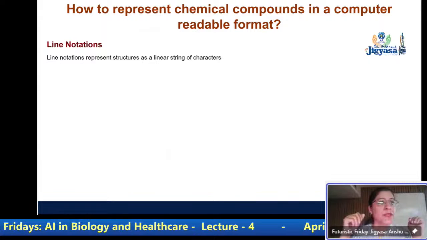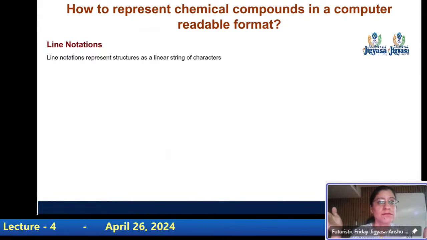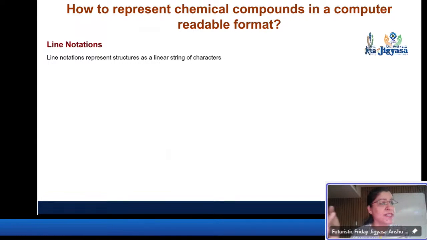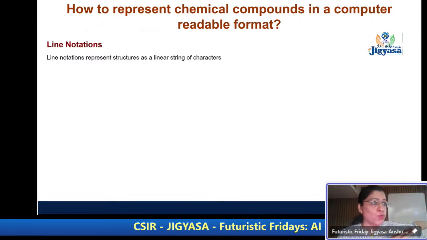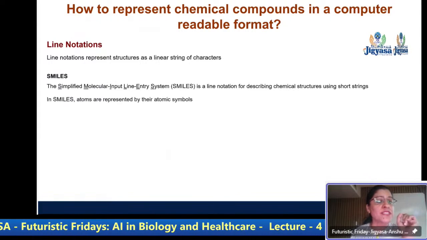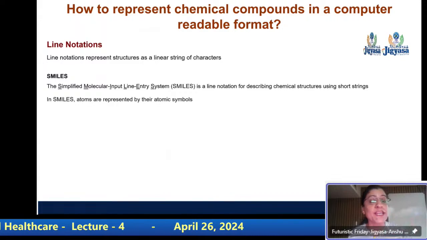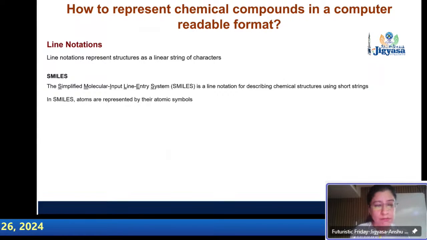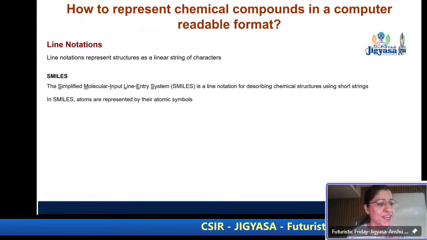You're sitting on a chair, right? I can also draw a chair on screen. It will look 2D. But is it 2D? It is not 2-dimensional. It is 3-dimensional. You can always convert or project a 3-dimensional object into a 2-dimensional space. So imagine, how do we do that? There is a simple concept of line notation called SMILES, Simplified Molecular Input Line Entry System. I'll give you an example. You will understand what I'm talking about. Forget about a lot of terminology. Focus on the concept.